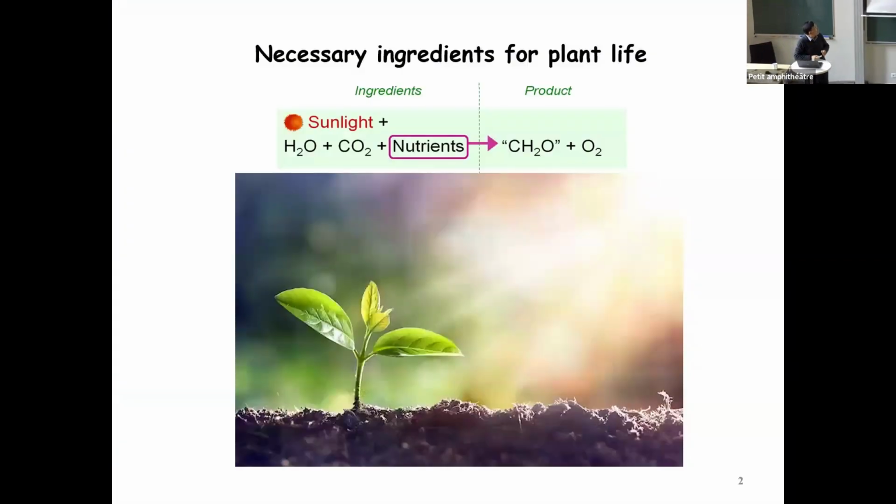Okay, so plant growth needs four bare necessities, including light, CO2, water, and mineral. So in natural settings, light and CO2 are plentiful. Actually, CO2 levels are rising, we know that. But water and mineral nutrients are often limiting factors for plant growth. So as a result, in crop production or agriculture, we use a lot of irrigation and fertilizers. These are the two major inputs for modern agriculture.